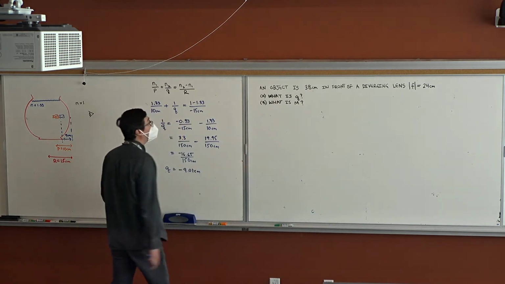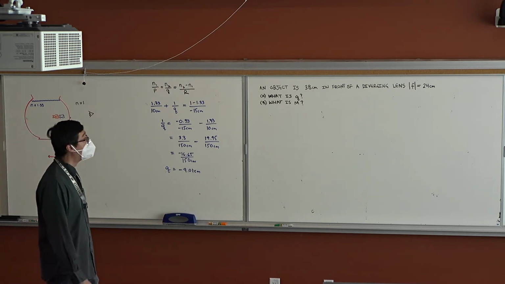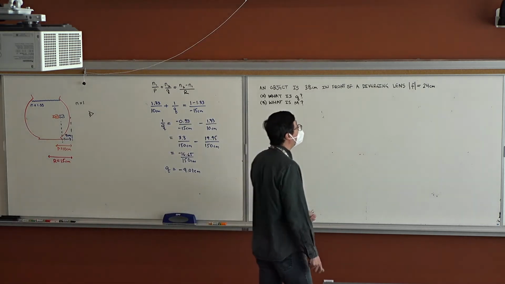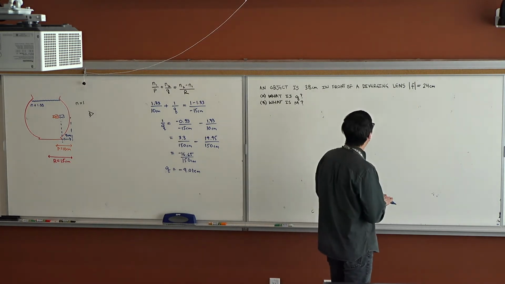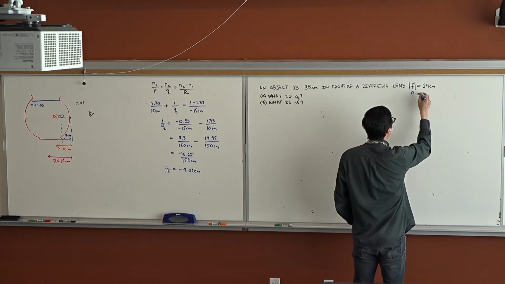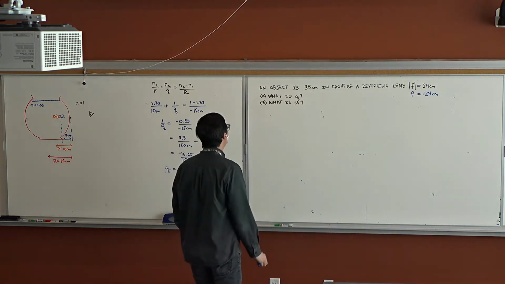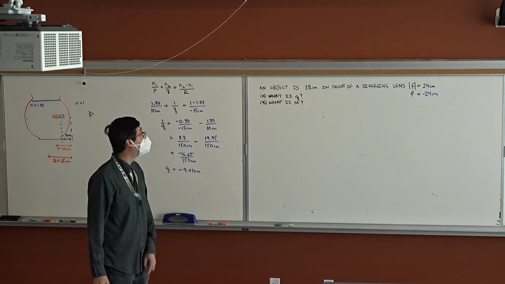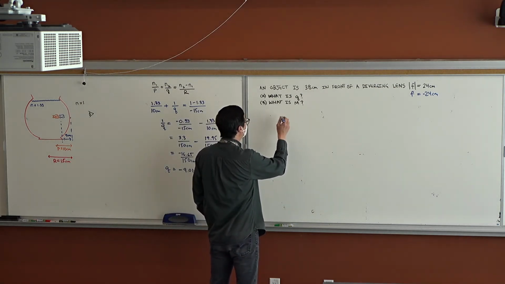Let's try another example. So we have an object that is 38 centimeters in front of a diverging lens, focal length 24 centimeters. Notice that I gave you the absolute value. Remember, our diverging lens, focal length should be less than 0, so minus 24 centimeters. If we want to find the location of the image, the image is observed to be at,